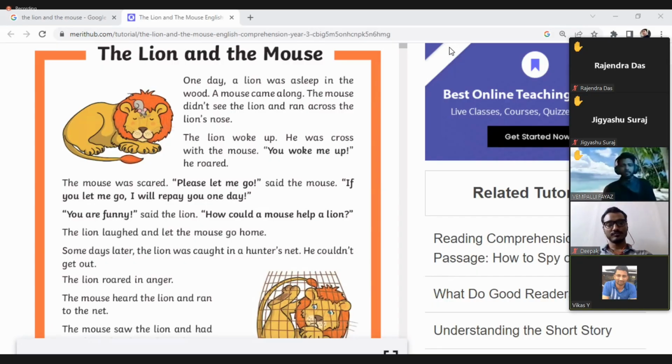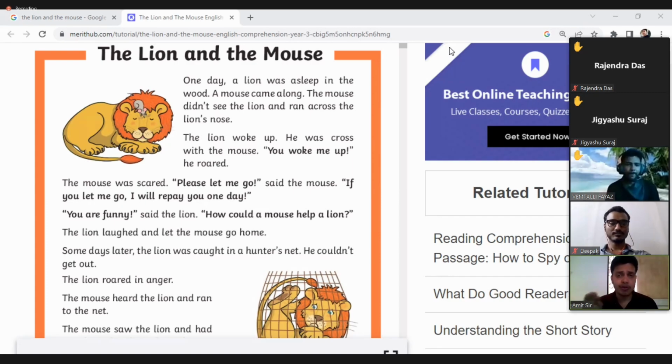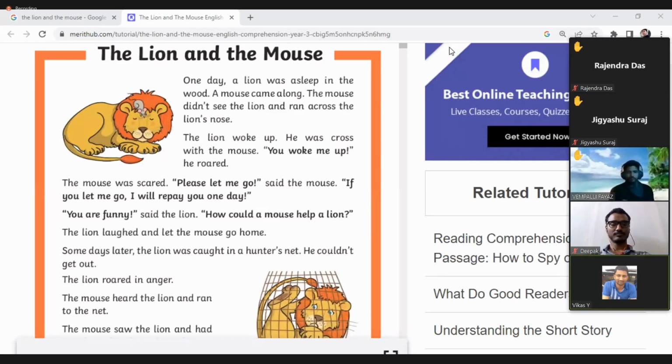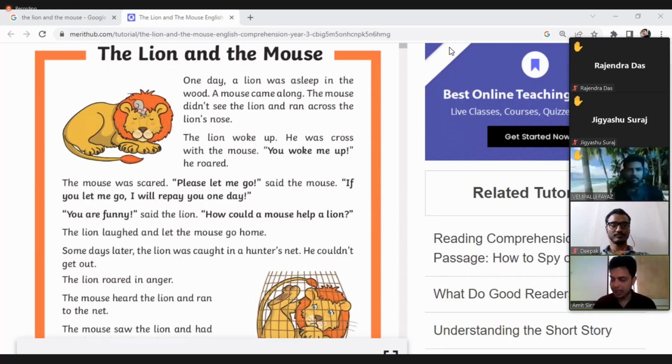That's the reason I always tell you, don't try to follow the translation. Even if I say the meaning of may, like it may rain today, you understand that may means 50-50, may or may not. But if I say, may God bless you, it doesn't mean I am wishing only 50-50. So the meaning changes according to the situation. Got the point? Try not to translate, and read as much as possible.